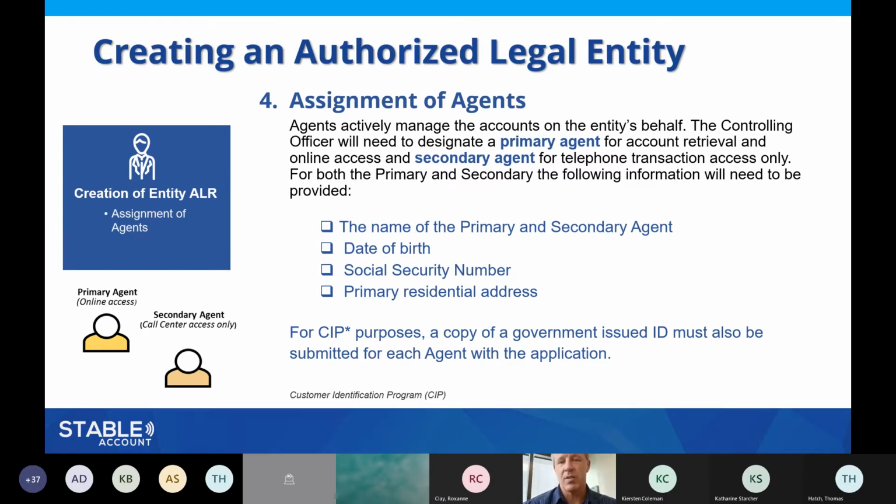If you want to do that from the very start, you would simply duplicate that page. You'd fill it out for a primary agent and secondary agent, then print it out and fill in the information for the additional, second primary agent and secondary agent for your segregated group of accounts that you want them to manage. You can have as many subsets as you want.